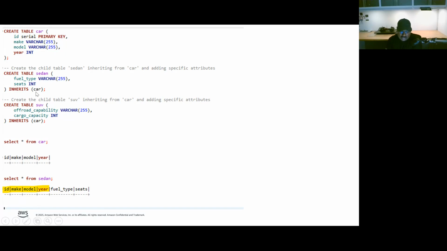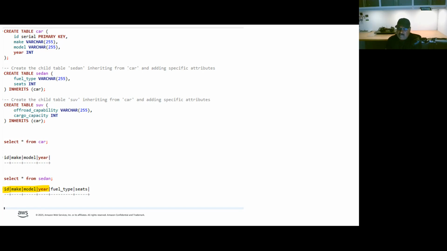So when you inherit the car table into sedan, and you run select star from car and select star from sedan, then along with the columns that the table sedan has, it also inherits all the columns from the table car. So this is just a high level example of how Postgres supports inheritance.